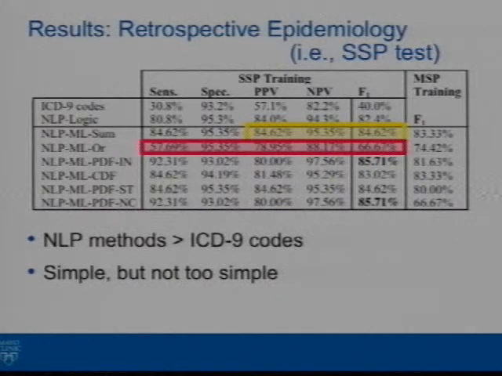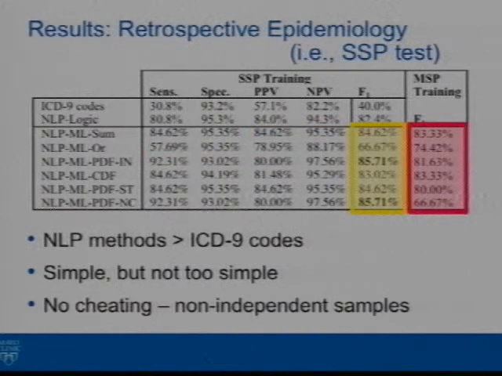This is sum basically allows you to look at sequence time, which is pretty interesting. But anyways, unfortunately, the OR algorithm didn't do very well, which basically tells us that if you're just flipping a switch, that's getting rid of a lot of information, right? You're losing some information that you could have used to help make your decision in time of, is this patient asthmatic or not? Another thing is if you try to train on multiple statuses per patient, you're kind of cheating